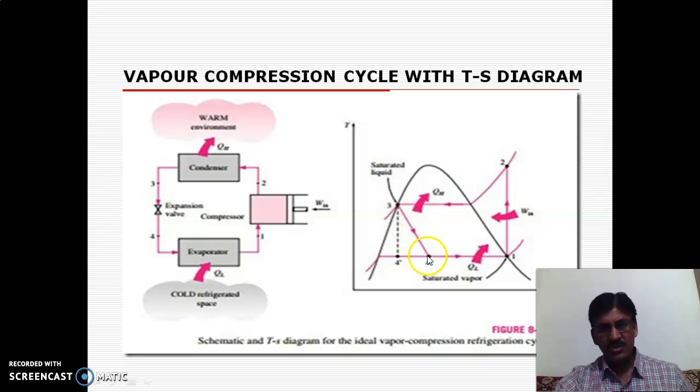3 to 4 is the expansion process, and 4 to 1 is your evaporation process in the evaporator, where we require the cooling effect. Okay, so 4 to 1 is your evaporator. And so here if you see